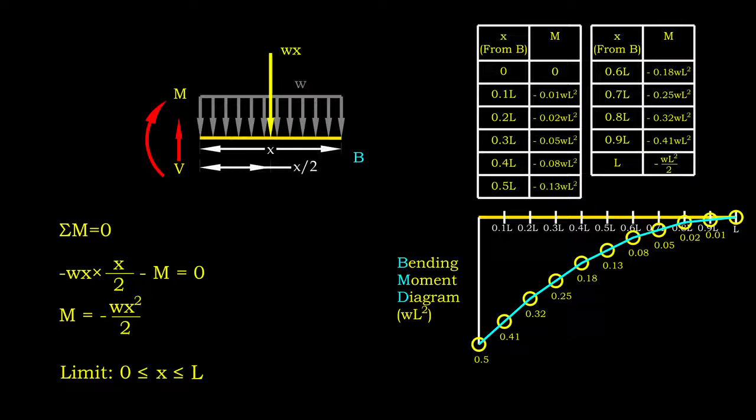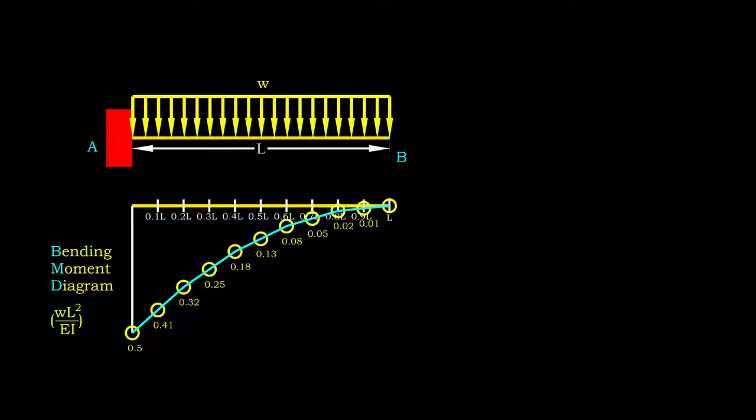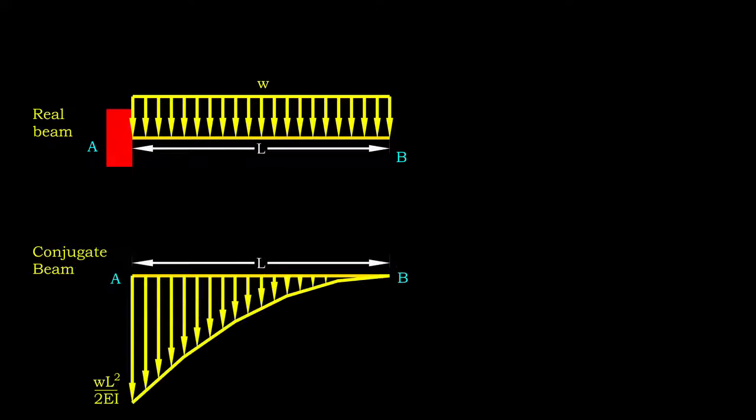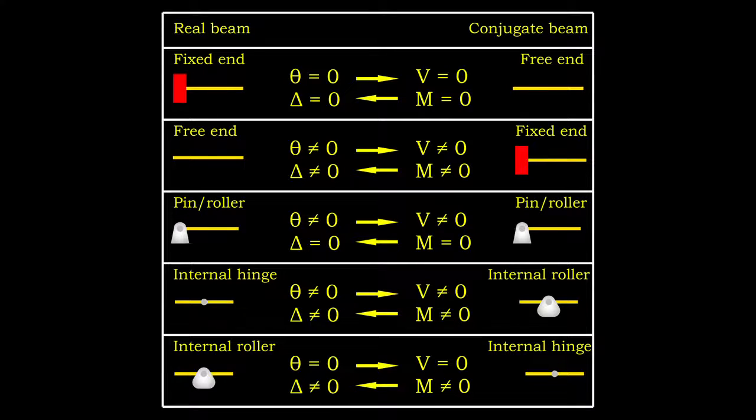After obtaining the internal moment function, we plot the bending moment diagram. Then, we divide the moment by EI, namely the product of modulus of elasticity and second moment of area. The M/EI diagram is the first step for our conjugate beam method. It is superimposed to our imaginary conjugate beam of the same length. The nature of M/EI diagram changes, and it is now treated as a distributed load that is always acting away from the beam.